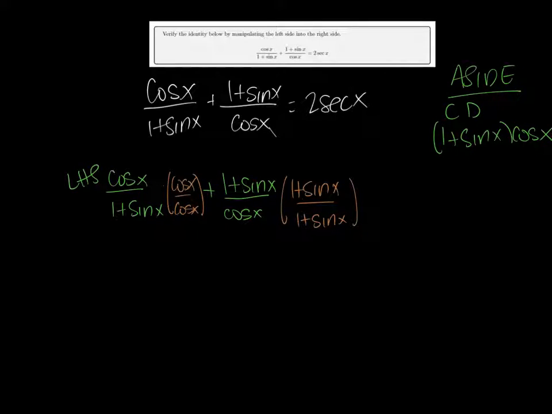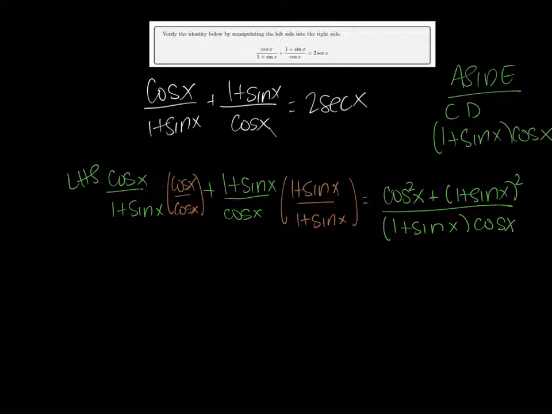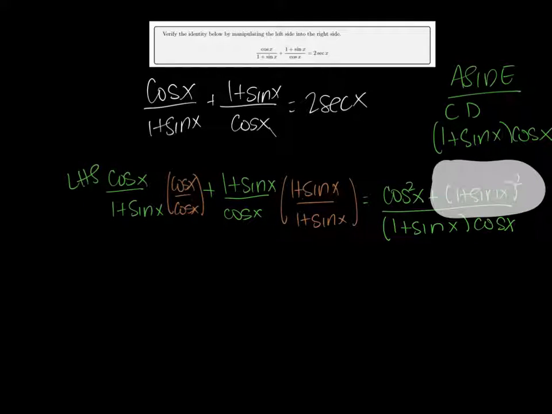So let's see what happens when I actually do this multiplication. I get cosine squared x plus (1 plus sine x) squared all over (1 plus sine x) times cosine x. So it might help here for us to go ahead and expand that square. So we're going to expand this guy. So that's going to give us cosine squared x